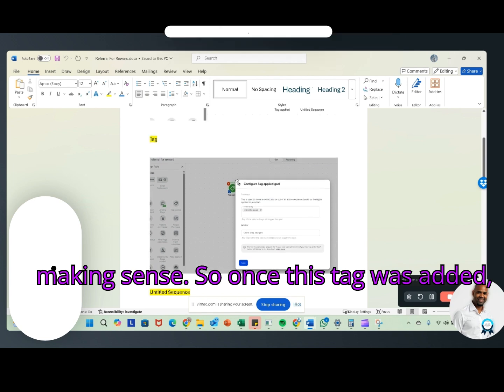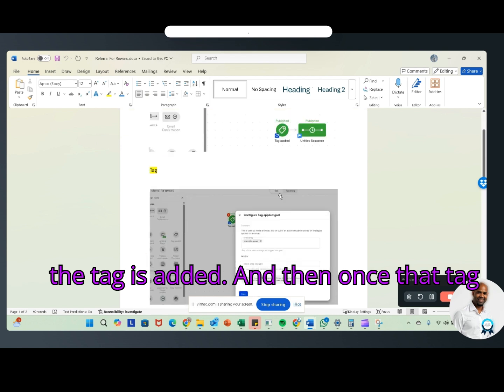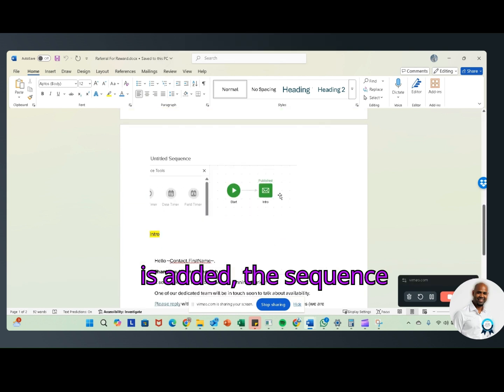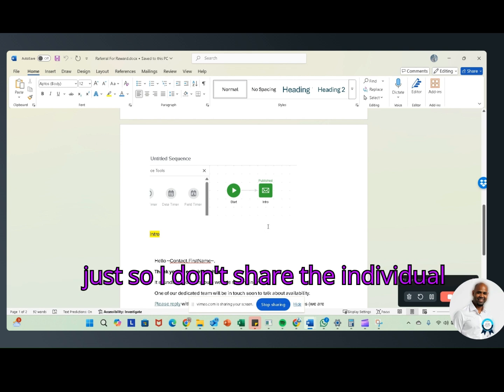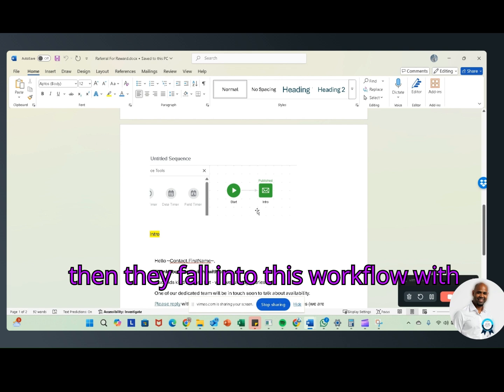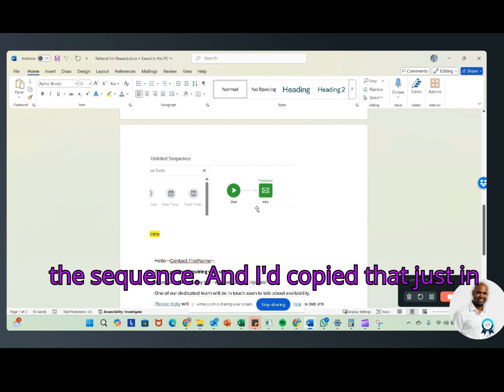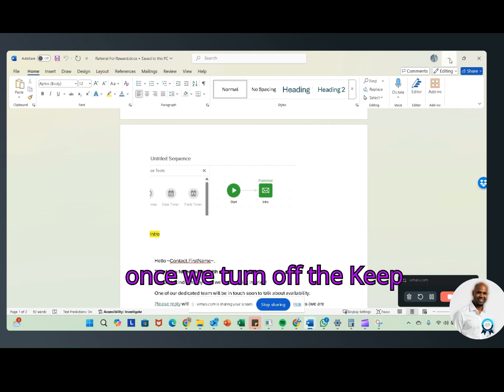So once this tag was added, so this is the beginning of the workflow, the tag is added, and then once that tag is added, the sequence starts, and I won't go all the way down just so I don't share the individual data. And then once the tag is added, then they fall into this workflow with the sequence, and I copied that just in case we ever need to reference it later once we turn off the Keap